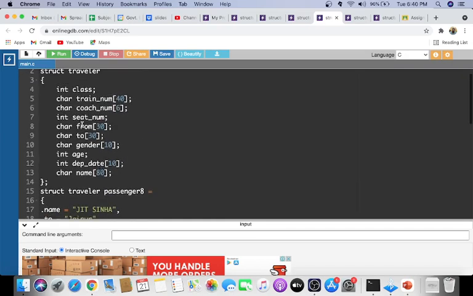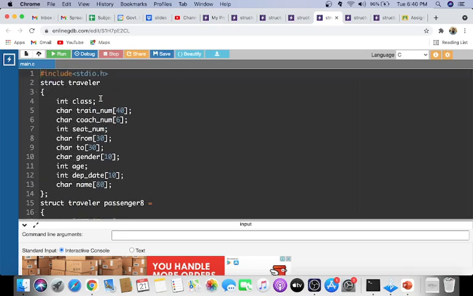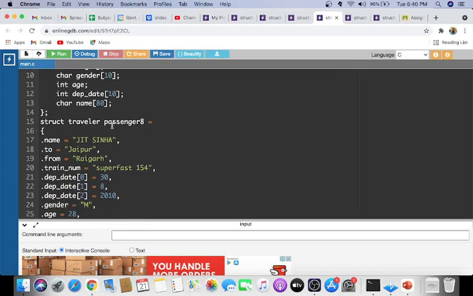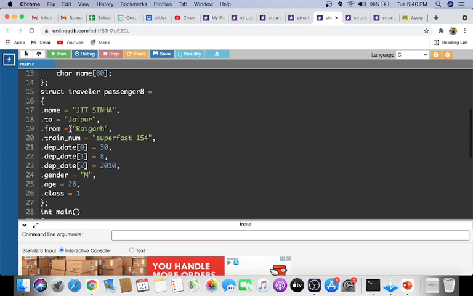Now, this is in the global area, so I am declaring this traveler. Now I am declaring a traveler called passenger8. Passenger8 is the variable name, and I am also initializing this variable, equal to within braces. This can be in a single line, but in order to understand, I am initializing like this.